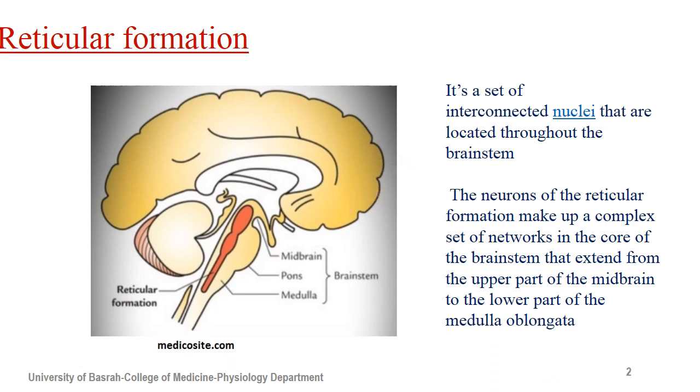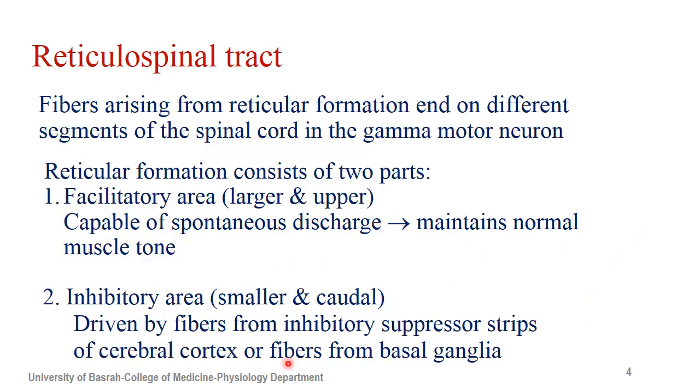Okay, and it's a projecting structure because it projects to the cerebrum and other parts. It has projecting neurons to most of the cerebral cortex and even to the basal ganglia, and it also has descending projections. The fibers arising from the reticular formation end at different levels of the spinal cord, mainly interconnecting with the gamma motor neurons in the spinal cord. This is called the reticulospinal tract,